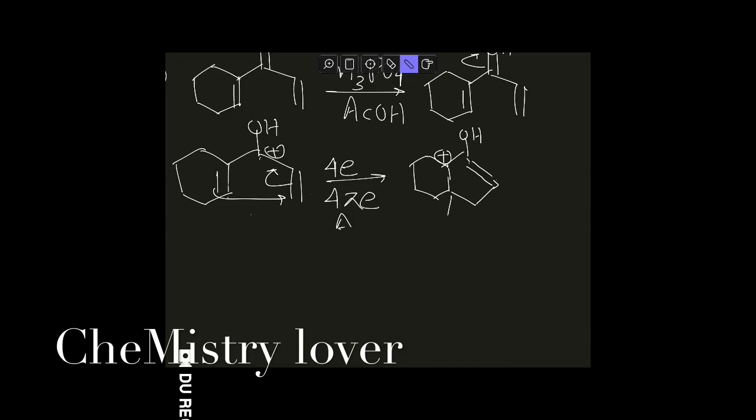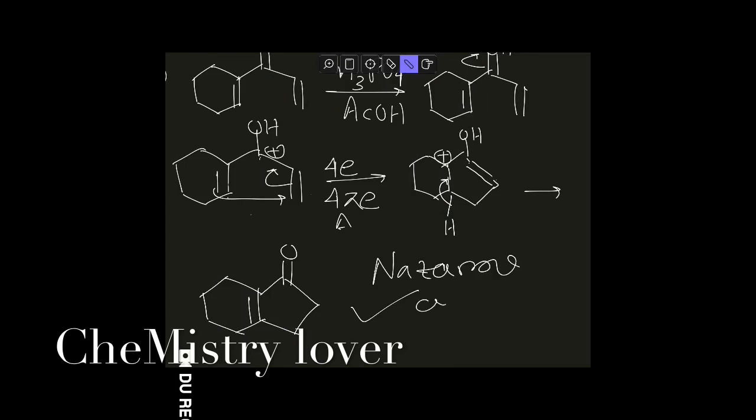And now you have a proton over here, so this can be eliminated. If this proton elimination occurs, you will have this double bond over here, and here tautomerization will take place, so you will have a carbonyl group over here. So this is the product out of this reaction, and this is called Nazarov cyclization. Nazarov cyclization. This is a very important and famous name reaction. So for all these 3 questions we have these answers.